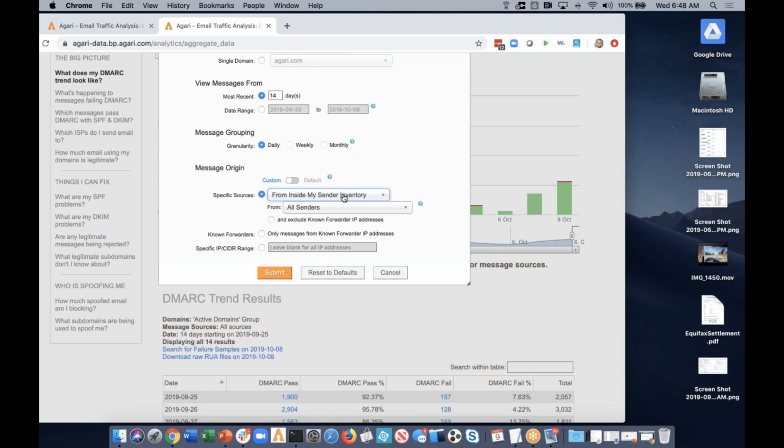It's effectively like making a punch list of all the things that should be authenticated, which maybe today are not properly authenticated. And it's a list of what I need to do in order to get those authenticated. So I'm going to say that any sender that I've authorized within my sender inventory, and I want to ignore any known forwarder IP addresses. And when I do that,